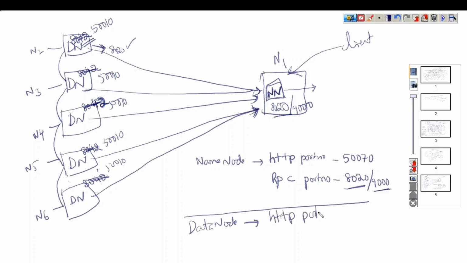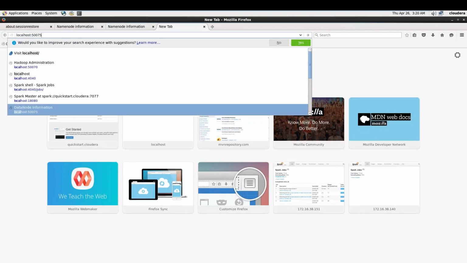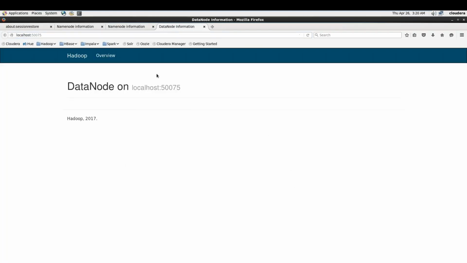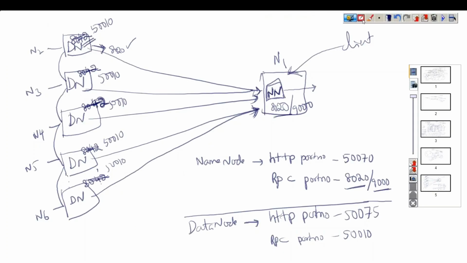And what about the RPC port number? Localhost 50075 will go to data nodes. This is the information on the RPC port number and HTTP port number and the communication between the nodes. We have also discussed one more thing, called data pipelining.